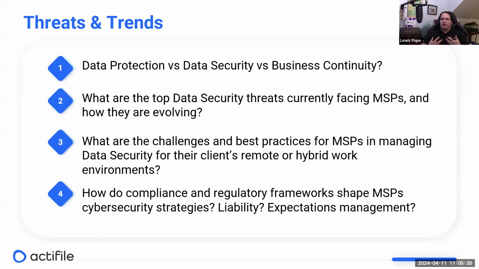Data protection, whenever you talk to a lot of MSPs, the first thing that comes to mind is, oh, backups, data protection. And that's kind of like everything that encompasses it. Then you'll have somebody that will reference data security, and they may still be talking simply about backups or business continuity.